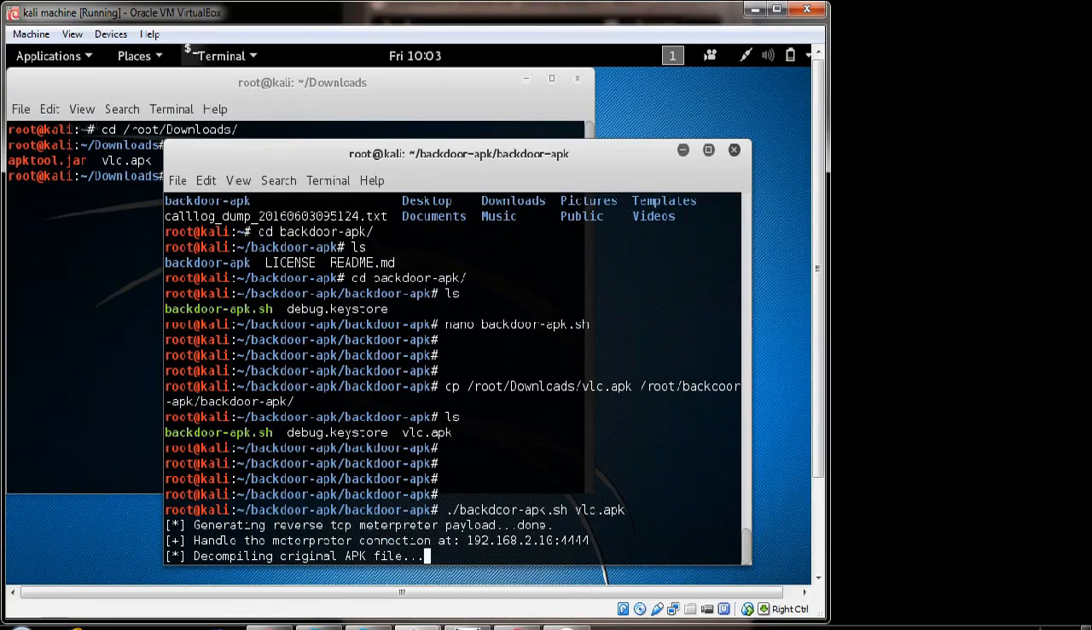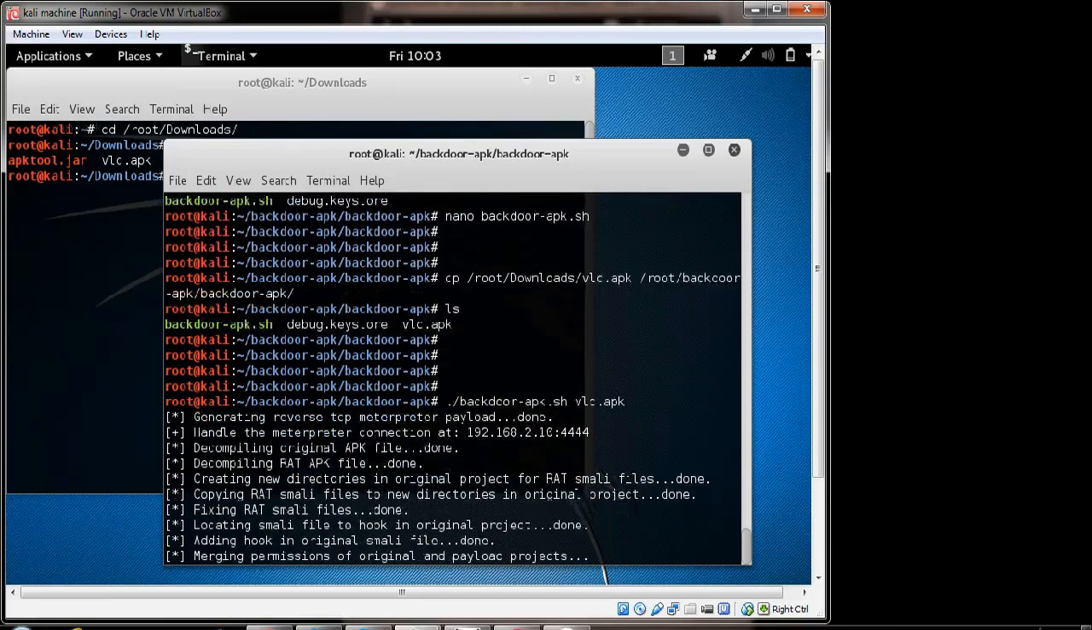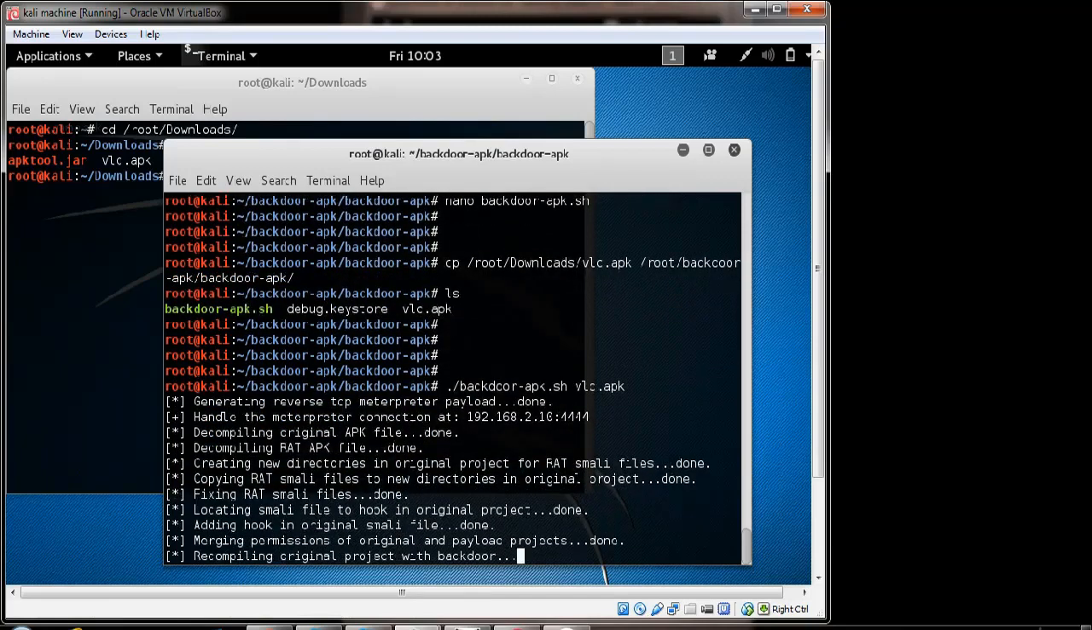Now it is decompiling the original apk file. So the original apk file is the VLC file, vlc.apk file. For the decompiling, it makes use of apk tool. We saw how to use the latest apk tool. Now it is also decompiling the RAT file. RAT file also means the payload file. And now it is looking for a location in the smali files and doing some of the patching work and recompiling, and it will sign the newly generated backdoor for you,